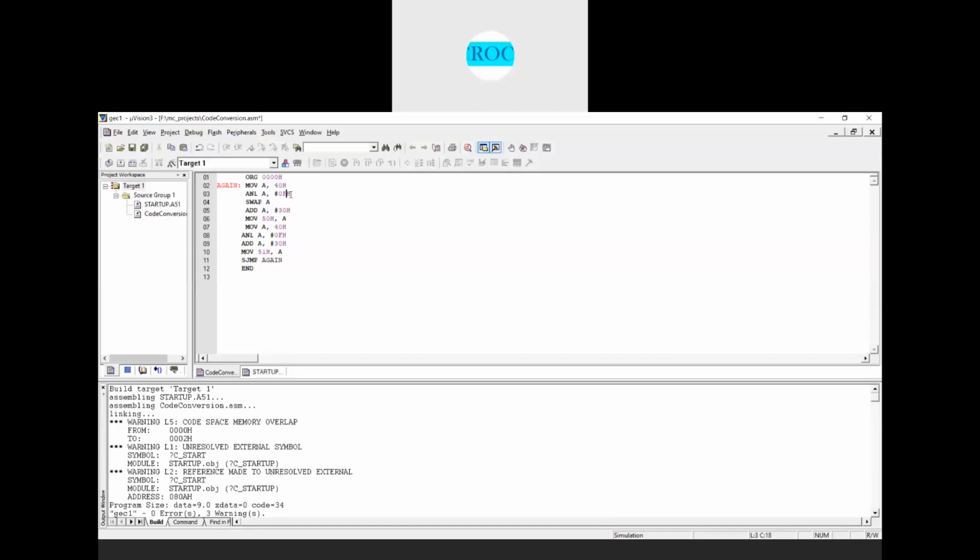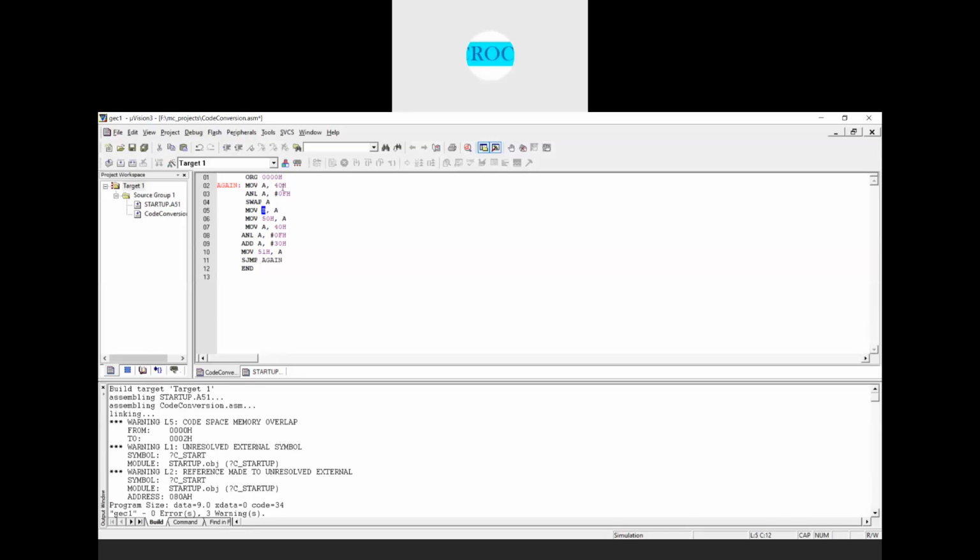After that, I'll perform SWAP A. Next, I'll move this content into another register, MOV B comma A, so that the first unpacked BCD number is in register B, right?